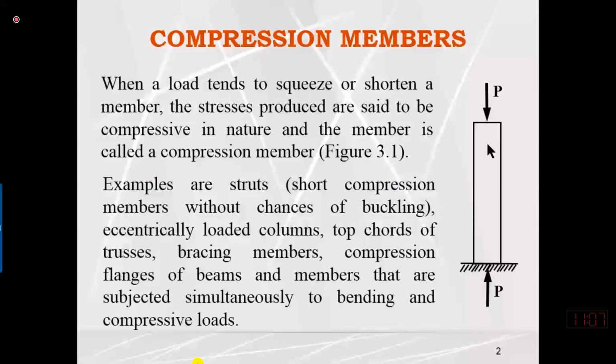So if we assume an I section, might be a W section, and it is subjected to bending, then the flanges below the neutral axis are subjected to tensile stresses, and the flanges and the web above the neutral axis will be subjected to compression. This means that the flanges which are under compression may be subjected to buckling. So what is buckling? We will discuss.